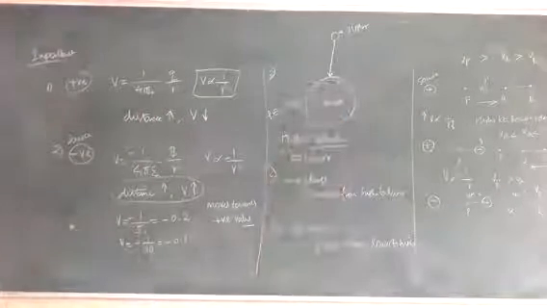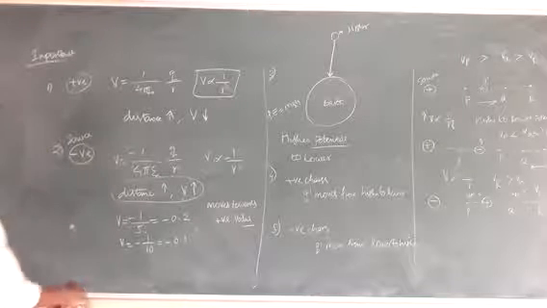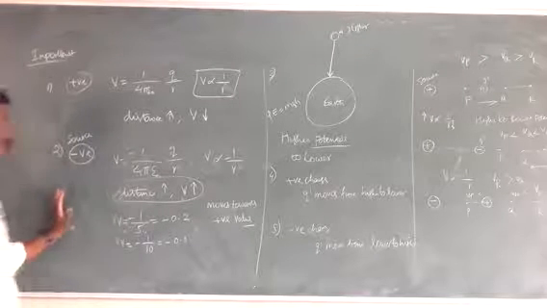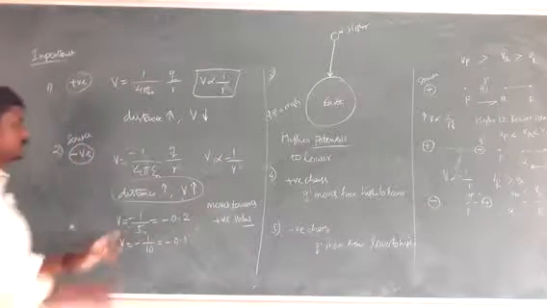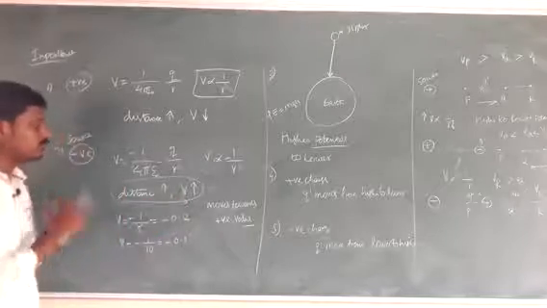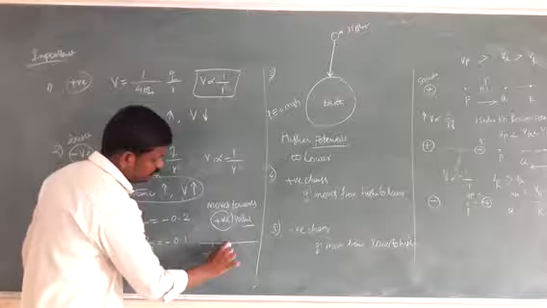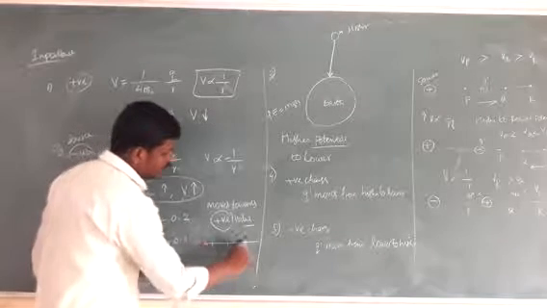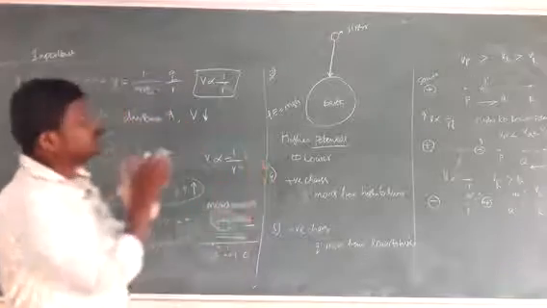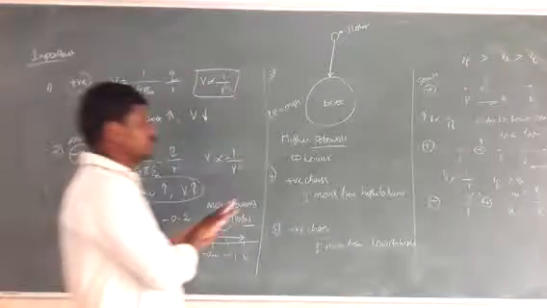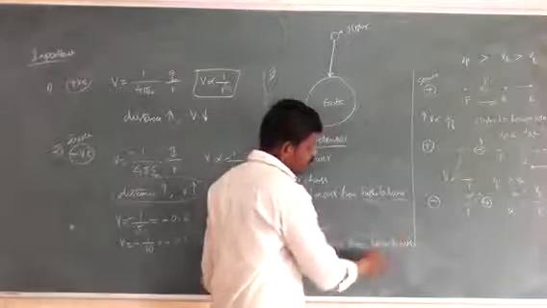So what are the things we have discussed now? The important points: for a positive charge V is inversely proportional to R, but for a negative charge V is inversely proportional to R with a negative sign. For a positive charge, as distance increases, potential decreases; for a negative charge, as distance increases, potential also increases. So it moves towards a positive value, minus 0.2 and minus 0.1. Then for gravitational potential, it moves from higher to lower. If it is a positive charge, Q dash moves from higher to lower. If it is a negative charge, it moves from lower to higher.